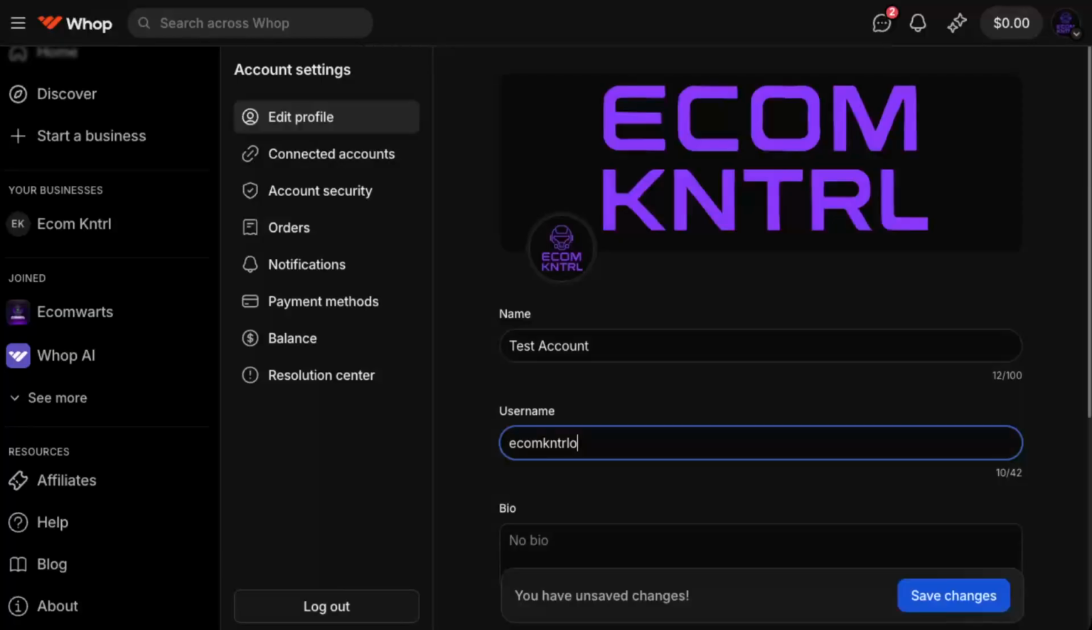Once you're happy with your new username, look for the button that says Save Changes. Click on Save Changes to confirm the update. After a moment, your new username will be applied to your